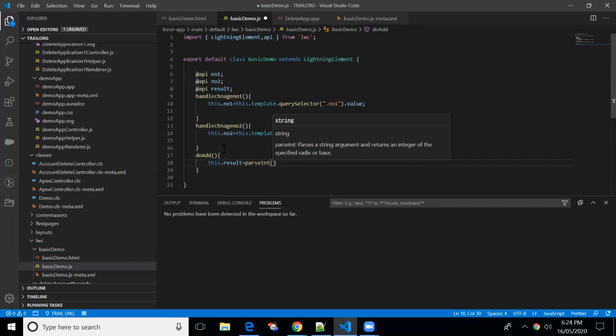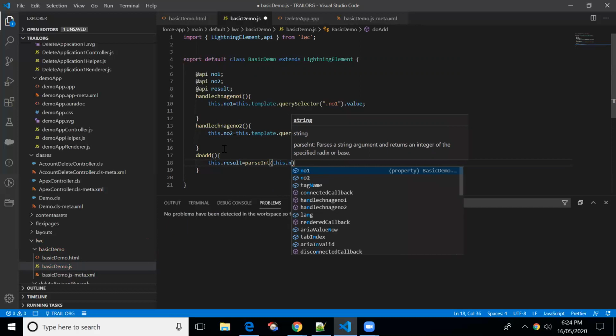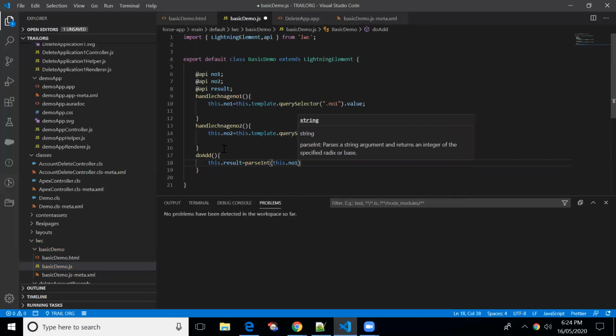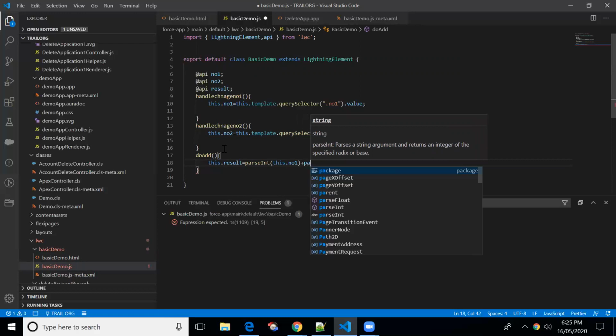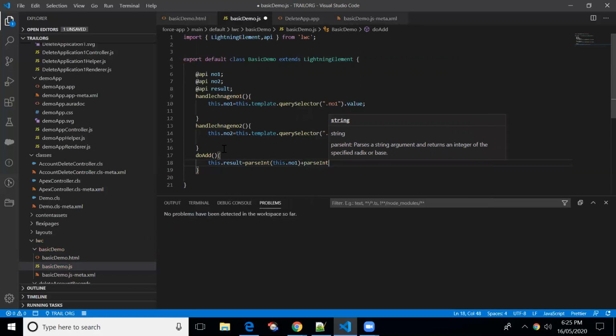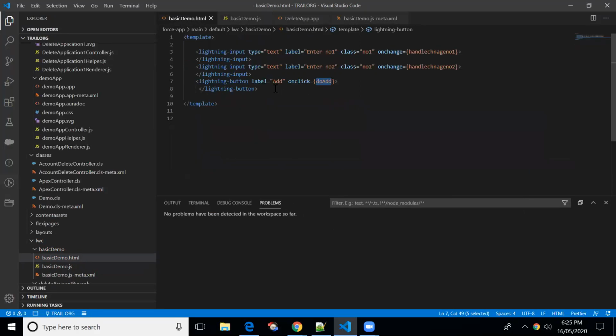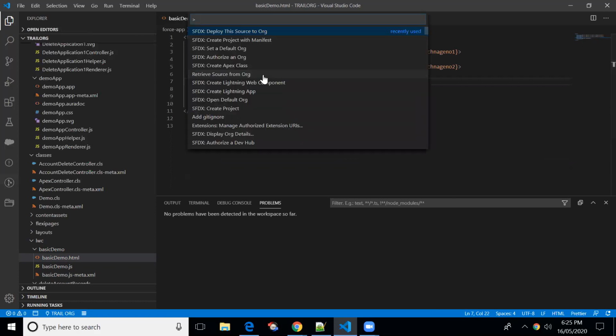That's the reason I'm putting parseInt on this.numberOne, parseInt on this.numberTwo. Let me include the variable result. Let me push this code to the source org.